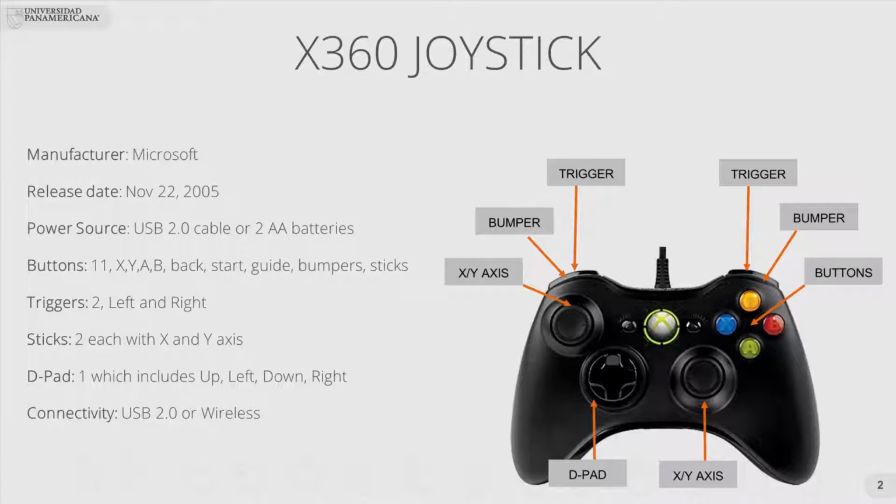You can move them around and you can also click them, and this is why they are considered a button as well. Then we have two triggers, which are on the back of the controller for the left and the right. An important thing is that the triggers are not a boolean. They are not turned on or turned off. Actually, you can move them little by little, so they are considered like an axis in Unity. That's an important part. Why? Because we can go from 0 to 1, having values in between. It's different than the buttons, which are pressed or not pressed.